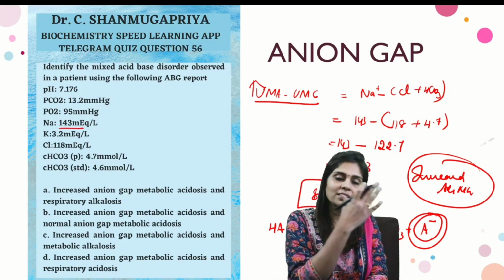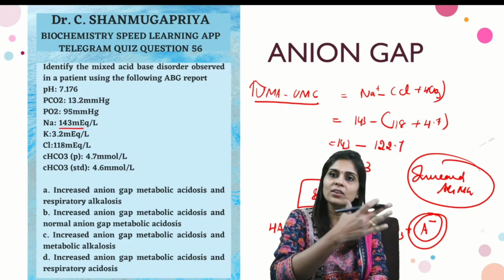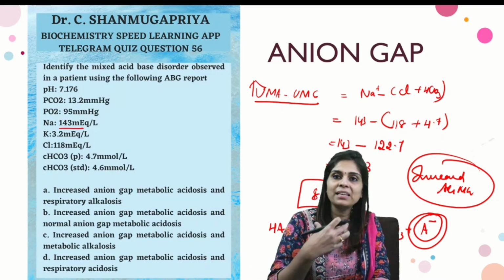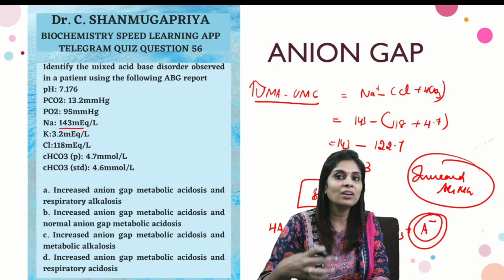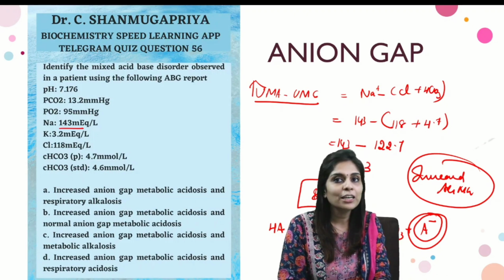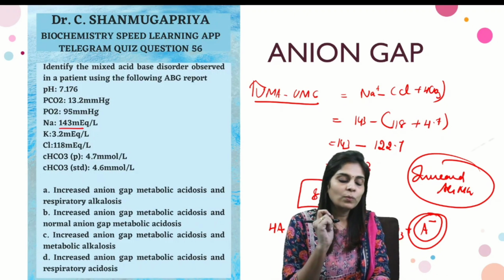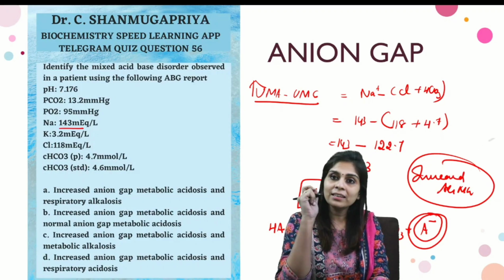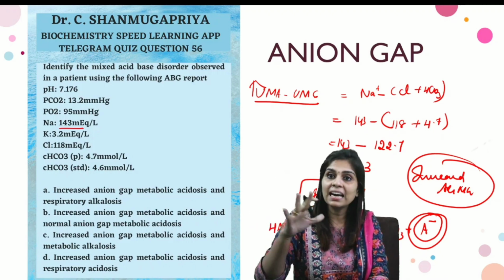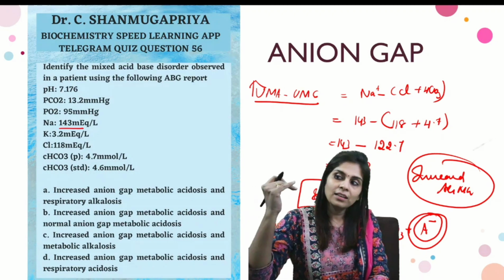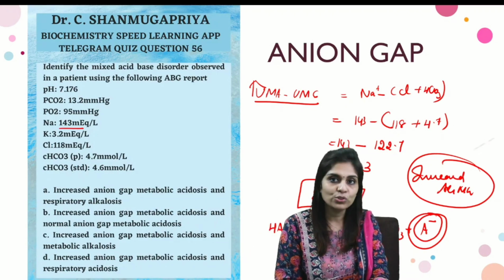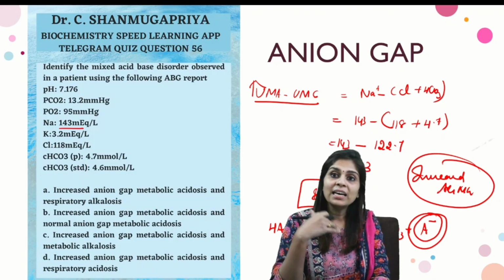So now I know that this is a case of compensated increased anion gap metabolic acidosis caused by a production of an abnormal acid, which can be lactic acid or keto acid or an alcohol metabolite, or it can even be a chronic kidney disease wherein metabolic acids have accumulated. Okay, now I want you to know that whenever there is a case of increased anion gap metabolic acidosis, there is a possibility of it hiding a concomitant normal anion gap metabolic acidosis or a metabolic alkalosis. Okay, now we have to unravel those two conditions.